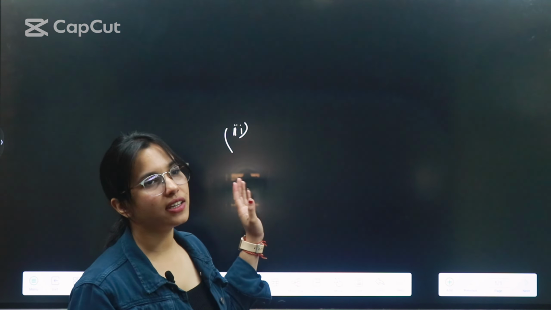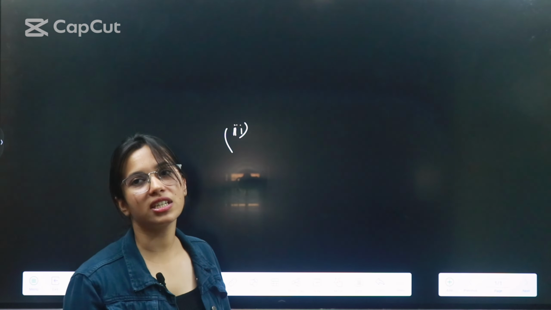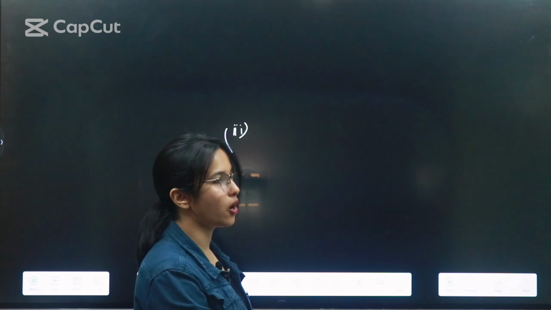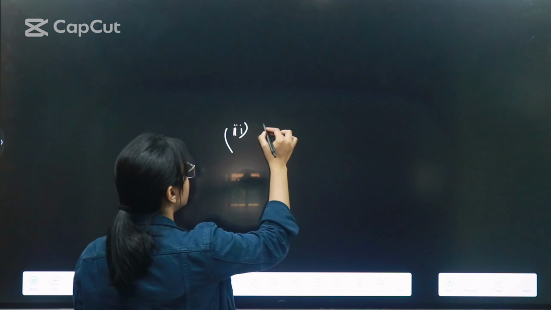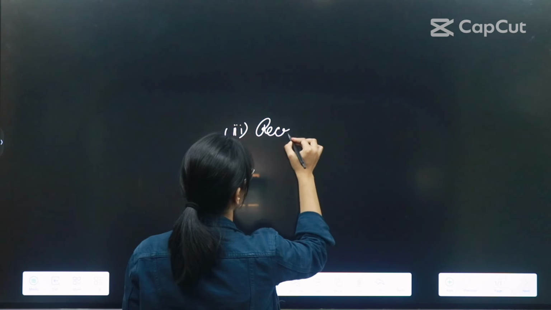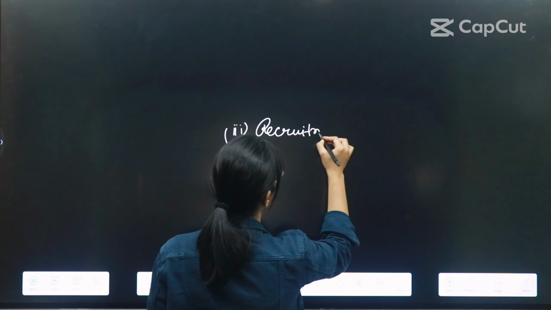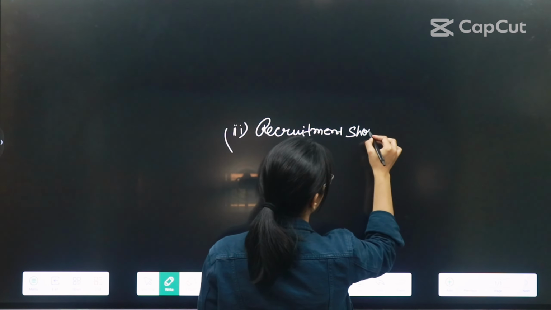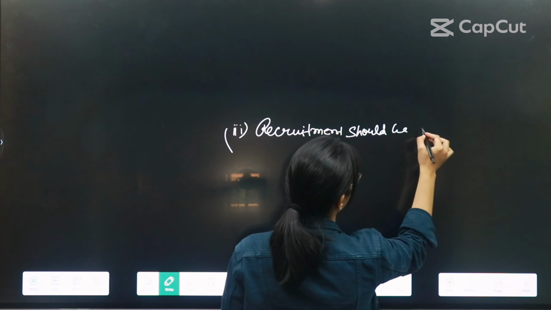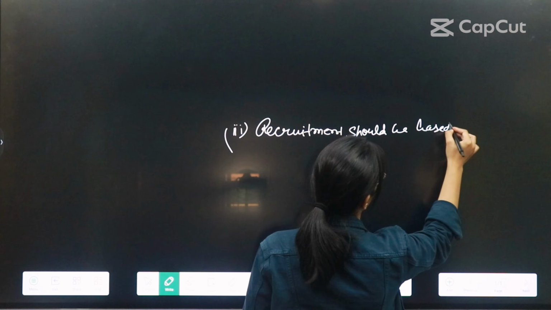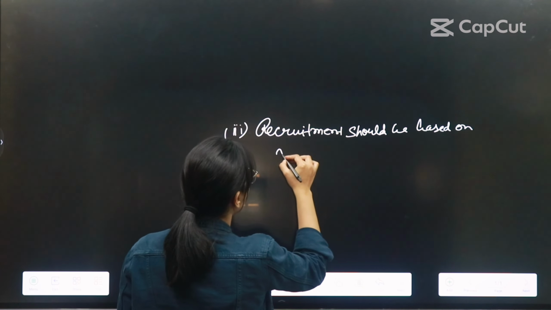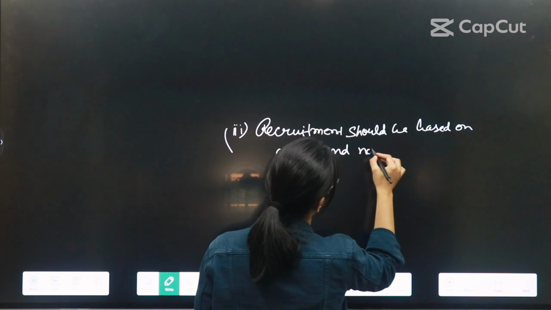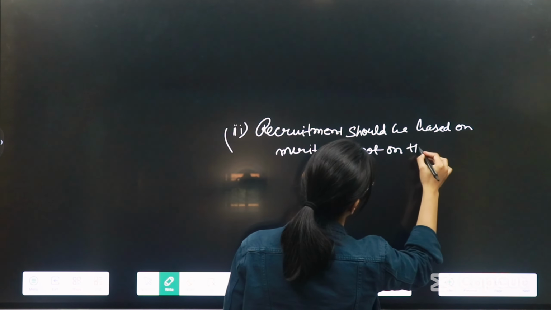So this is one of the most important features of political neutrality of the bureaucrat. That is, the recruitment should be based on merit and not on the basis of